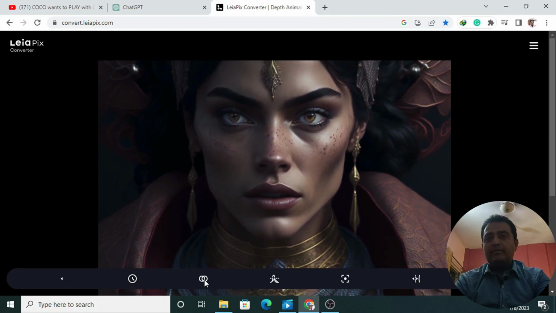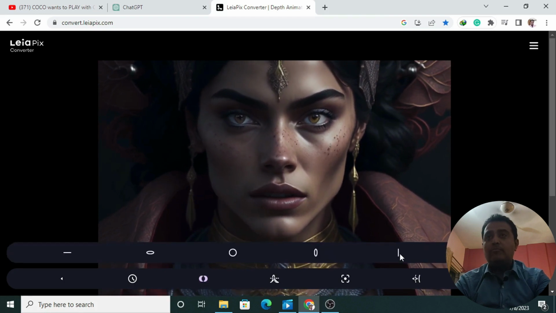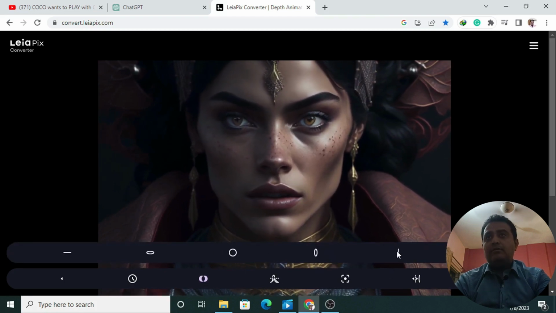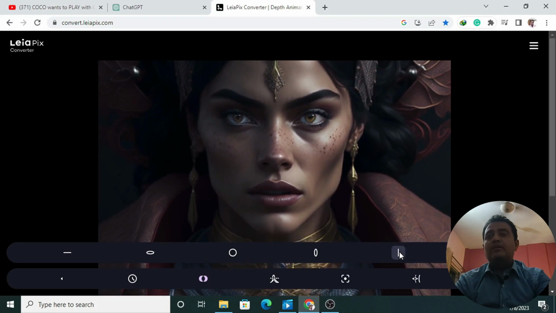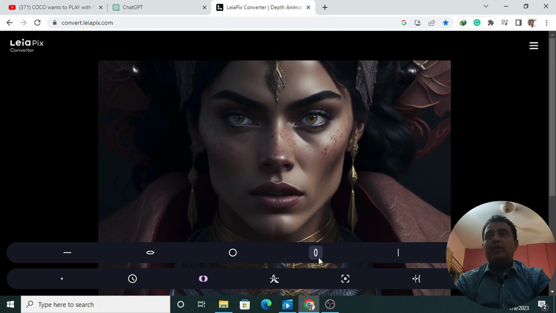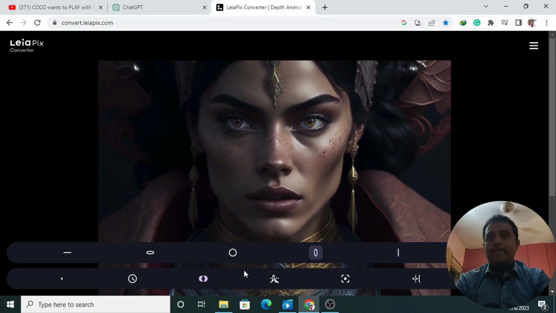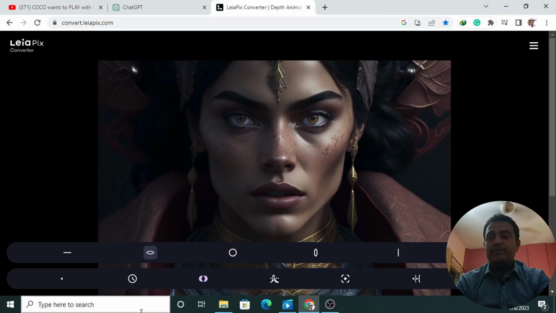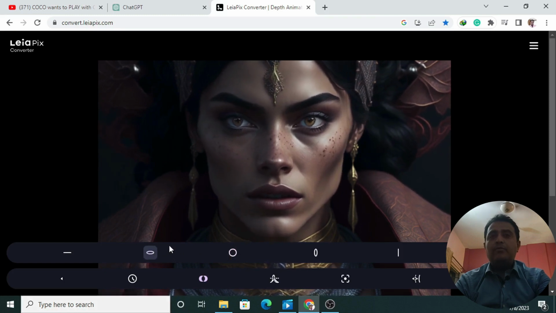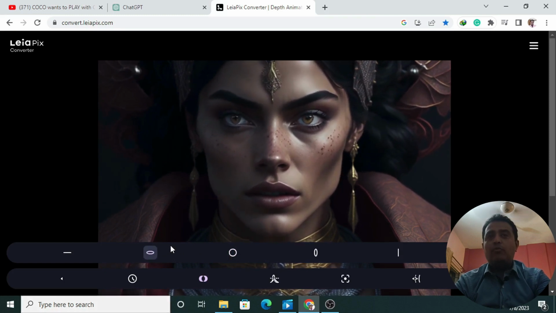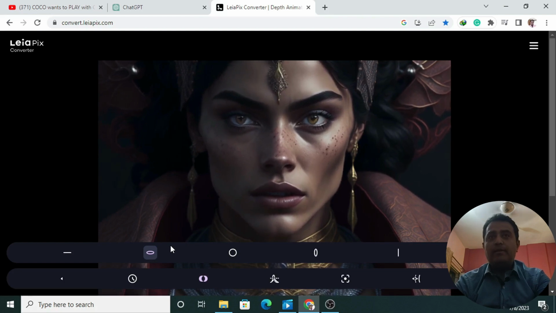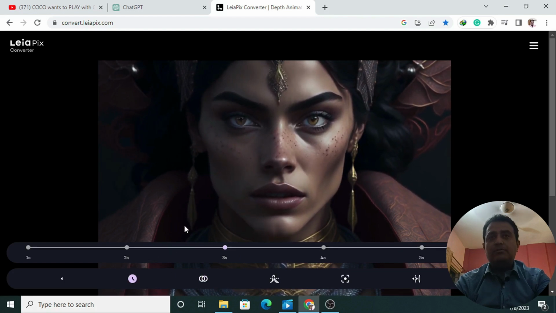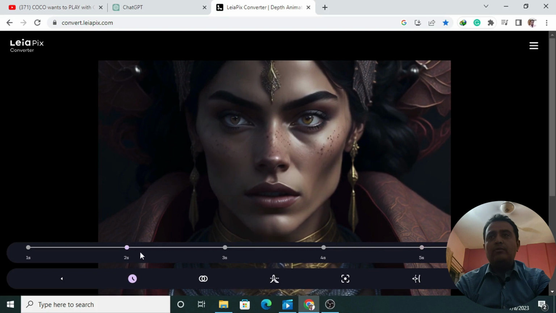I'm going to click here, and I can control the movement of the face. If I need the face to not just go up and down, I can select this option, and you can always play around with the other options as well. This is a very amazing website. It has taken the storytelling experience to the next level, and you can also control the movement timing. If you want the movement to be fast or slow, you can play around with this stopwatch option. You can also increase or slow the movement of the face.